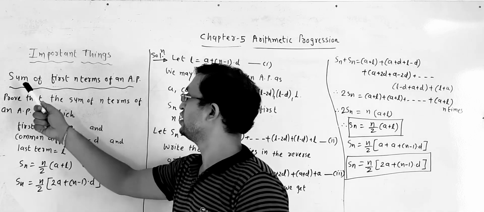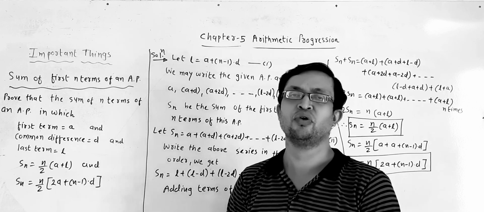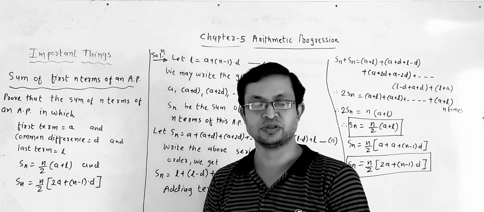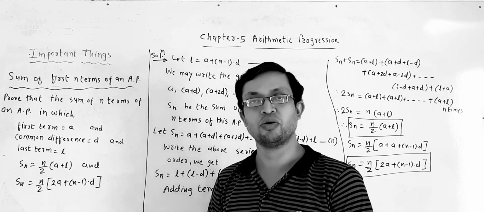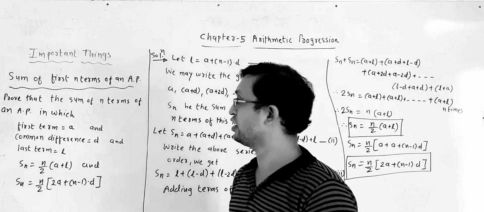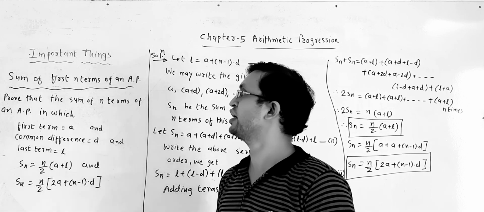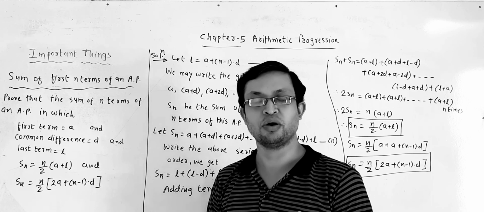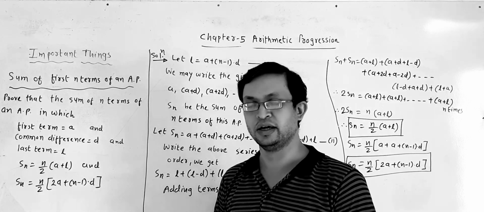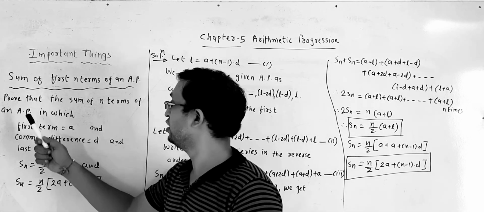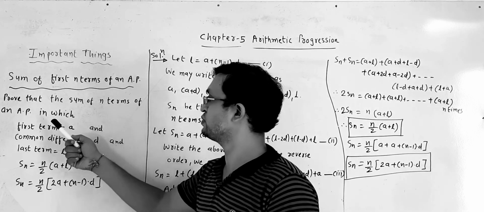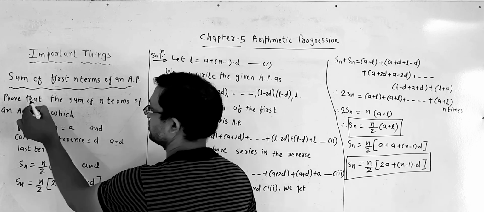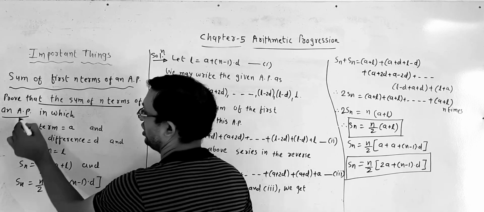Here the important thing is the sum of the first n terms of an AP. In the first video we saw how to find the nth term and how to prove its formula. In the second, theory part, we study the sum of the first n terms of an AP. तो n टर्म्स का सम कितना होता है वो हमें फॉर्मूला प्रूव करनी है और समझना है. First we construct and prove the sum of the n terms of an AP.